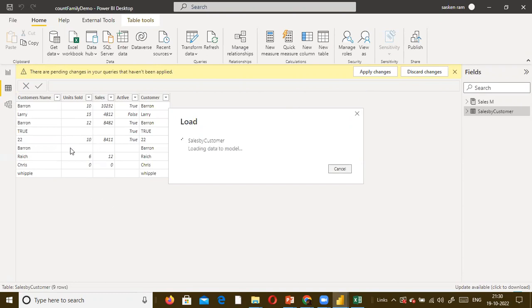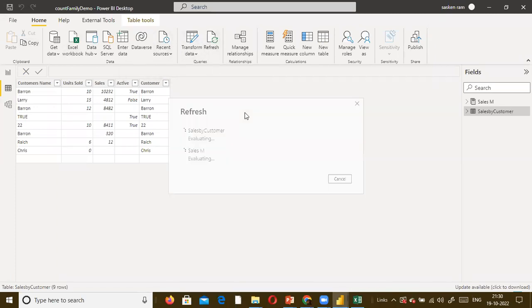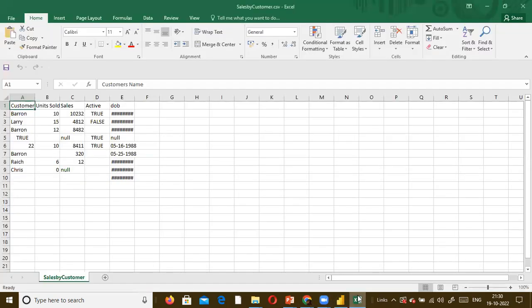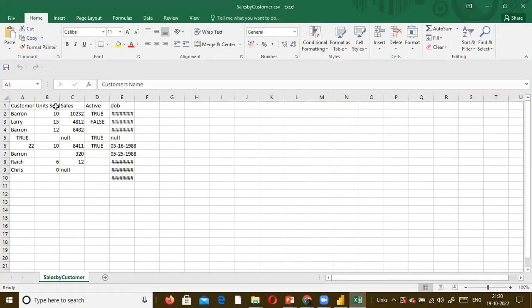Even if we see here, it is pretty clear. 1, 2, 3, right? 3 blank values are there, empty values are there. Here also we have 1, 2, 3. Okay, that one is matching with this one. The Power Query editor content is matching with this one. Okay, let us see what happens here. 9 rows loaded. It is loading this one, but it is not taking into account date of birth, customer's name, and